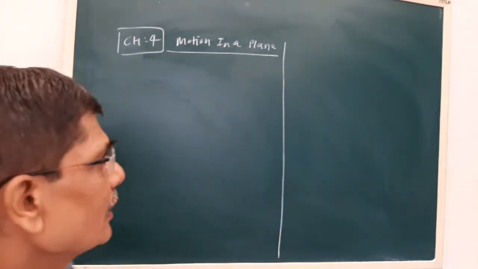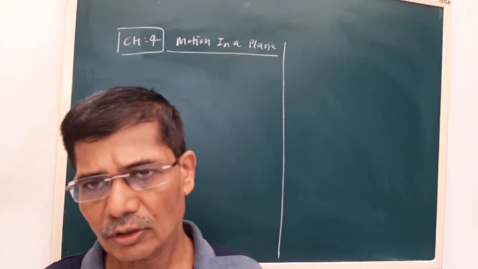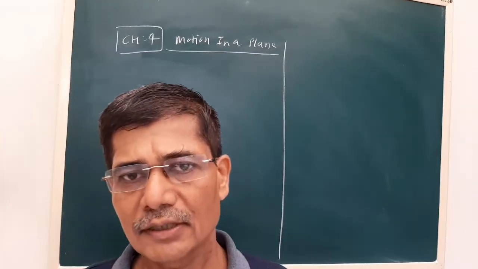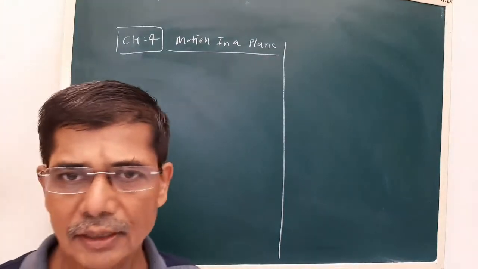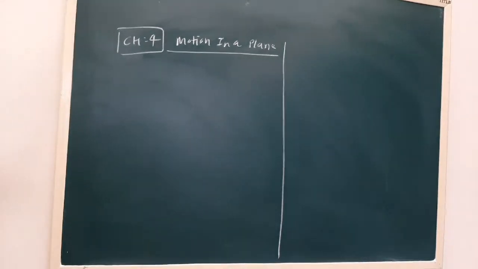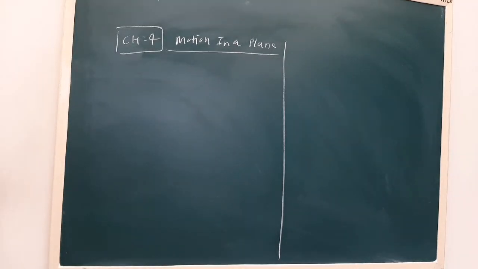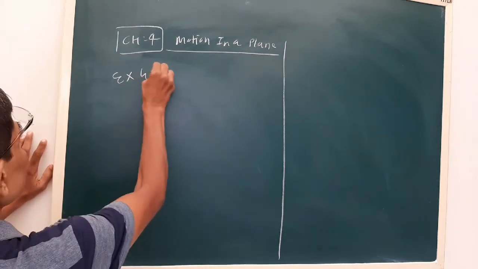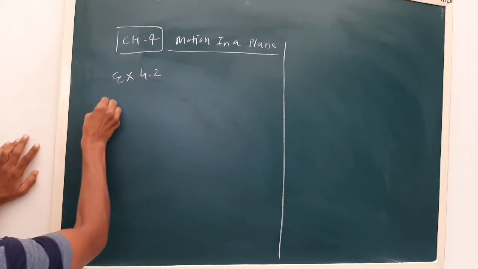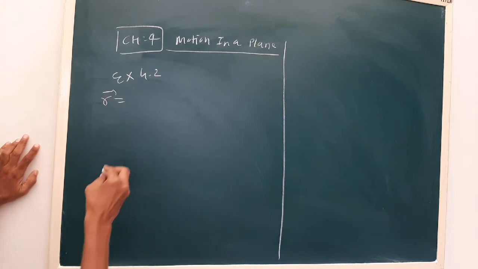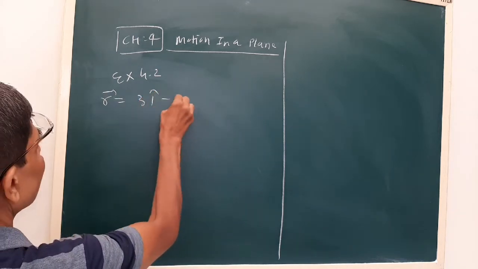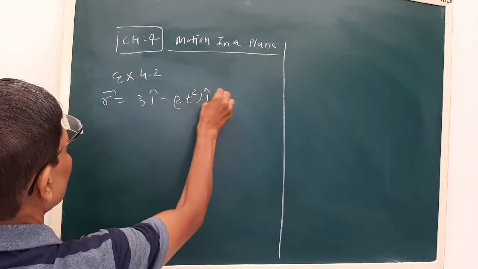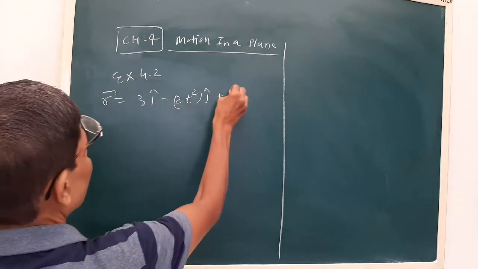Dear students, last time we solved exercise numericals of lesson number 4. Today, in the concluding part, we will complete that. Now see our example, exercise sum number 4.20. The position vector of the particle is given by 3t i minus 2t square j plus 4k